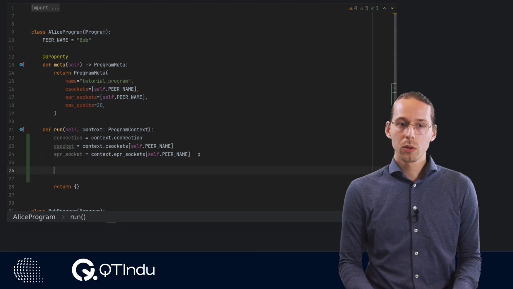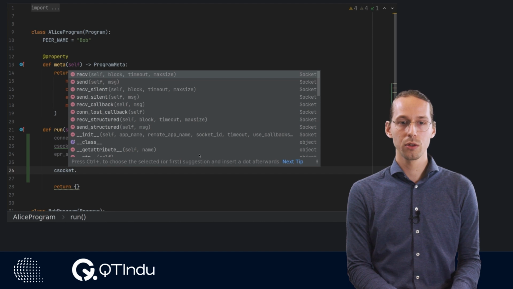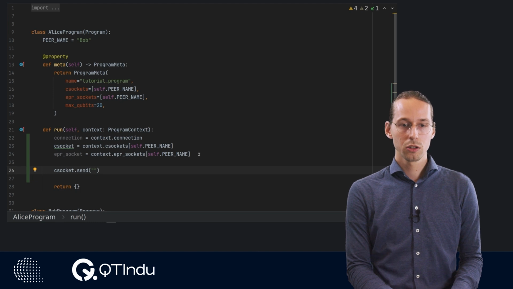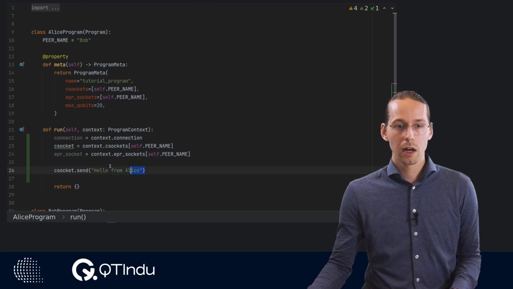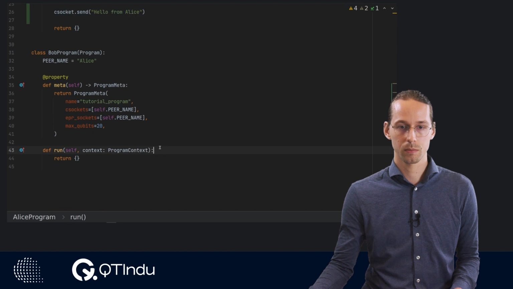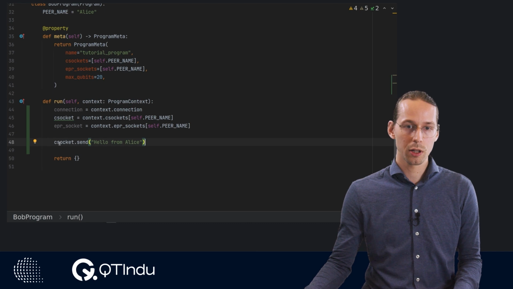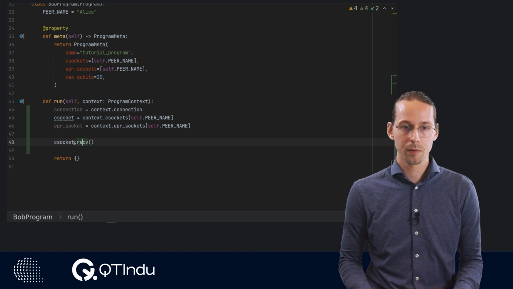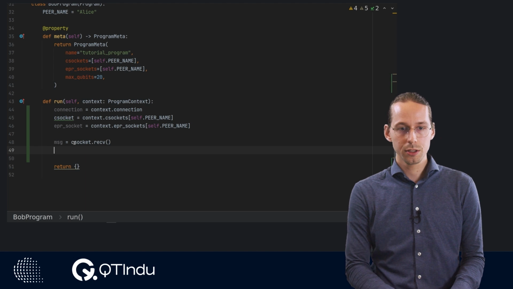Then in order to do classical communication, we simply need to use the classical socket. So we take the csocket and then use the send method. And then we can put whatever message we wish to send. So for example, we can put hello from Alice over here. Now we can copy this code up to the Bob program, and then we can finish the required code in order to send this classical message. So Bob needs to receive instead of send. He will get a message, and then we will print this message.